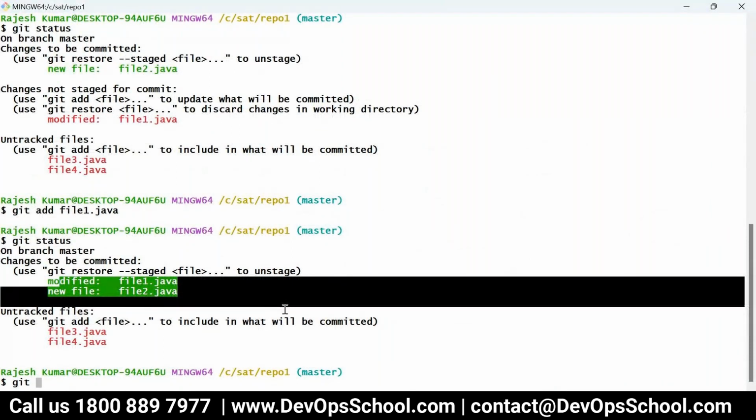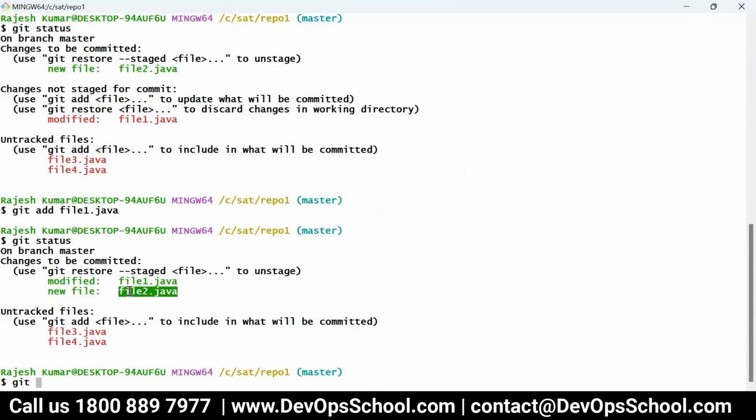Rajesh, what will happen if you delete the file after committing, before adding? Will it allow it, or will there be any dependency? See, if you delete a file that was already committed last time, it will tell you it is deleted, and you have to commit it. An extra version will be stored here.